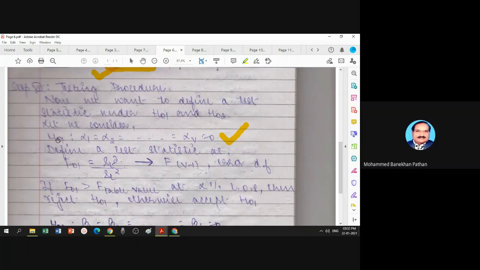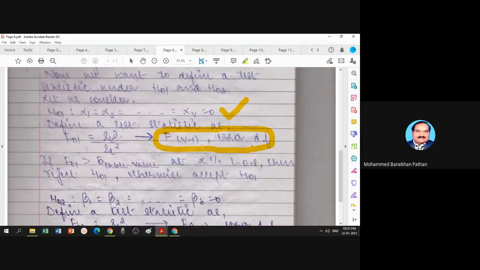So under H0, we define a test statistic, that means a formula, as F01 equals s square T divided by s square E. This is small e. This follows capital F distribution, F distribution, with treatment degree of freedom, that is the numerator, comma, error degree of freedom, that is from the denominator. By using this with a given level of significance, I get a table value from a statistical book. I call that the F table.